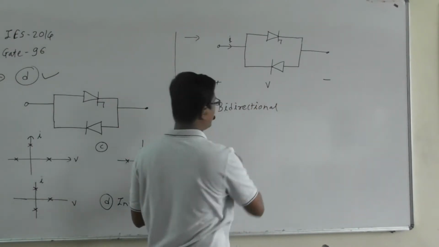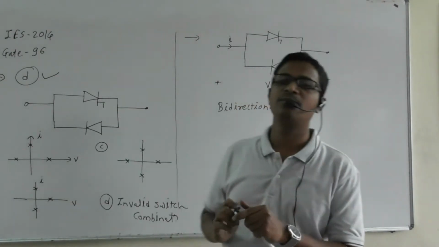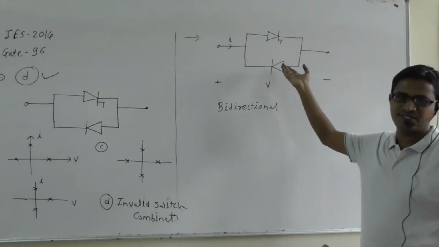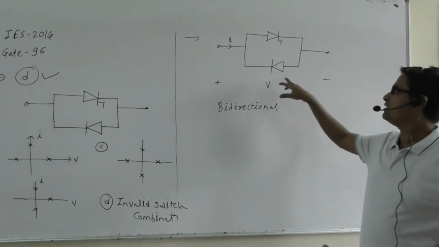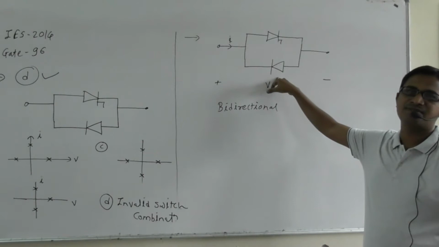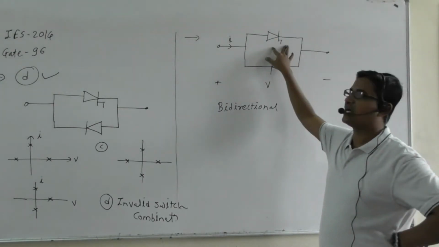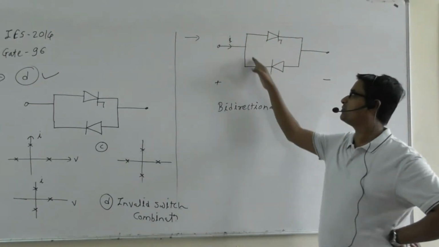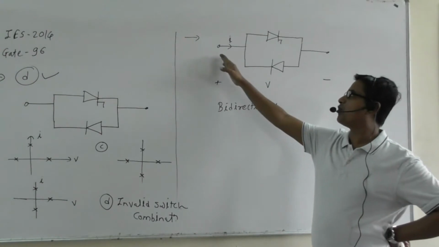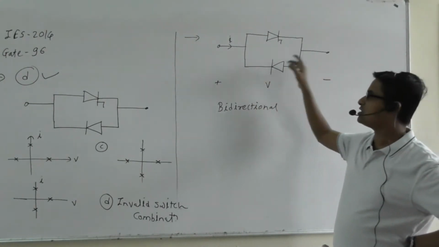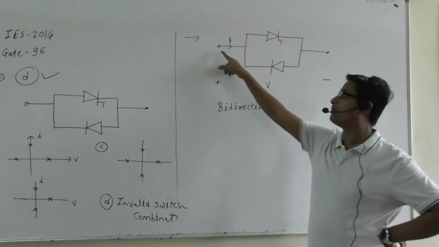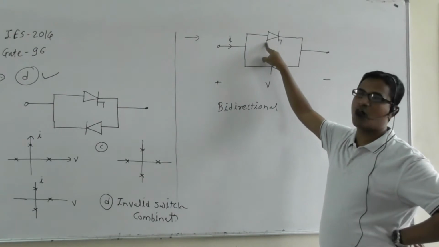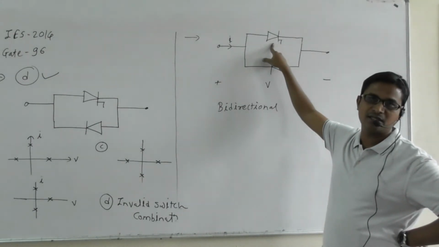Next, let us check the polarity, that is, unipolar or bipolar. The diode is an uncontrolled, passive switch, so we cannot turn the diode off directly. Suppose when the thyristor is in the off state, will this switch combination block the forward voltage? Yes, because if the thyristor is in the off state and we apply the forward voltage across this switch combination, the thyristor will block the forward voltage. But the